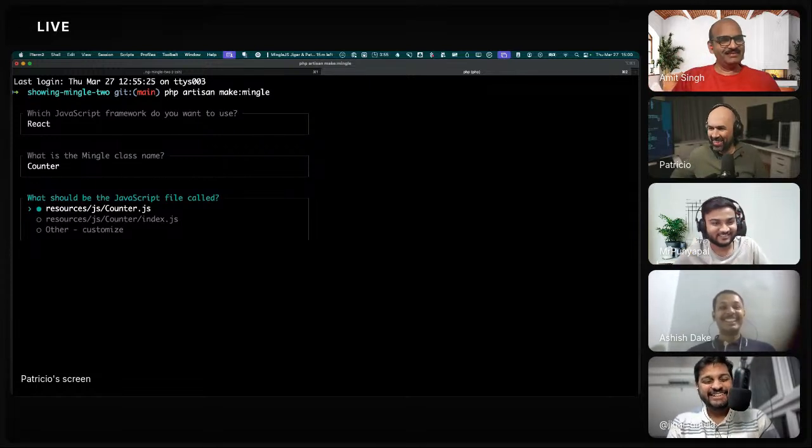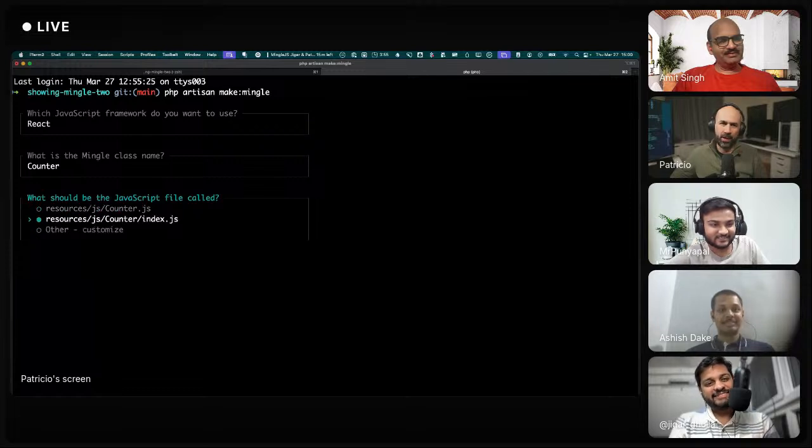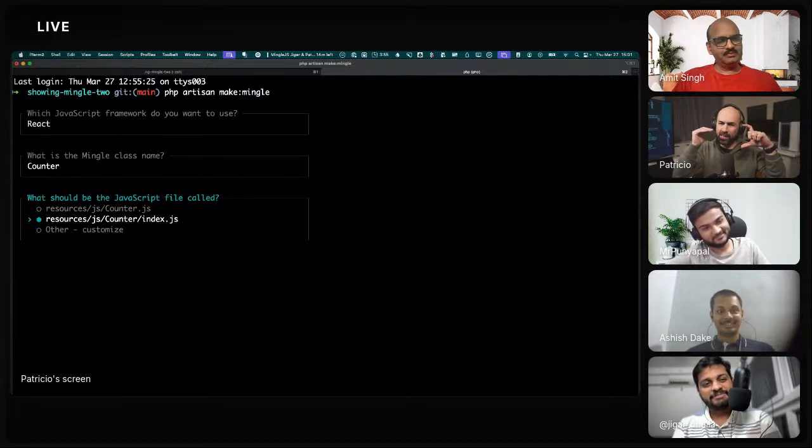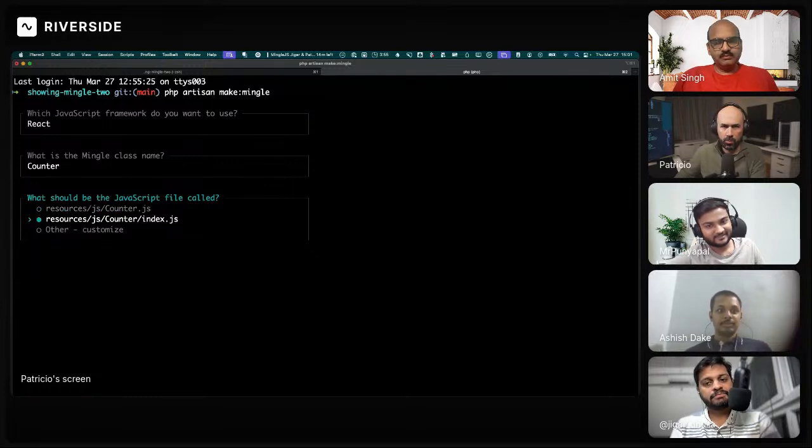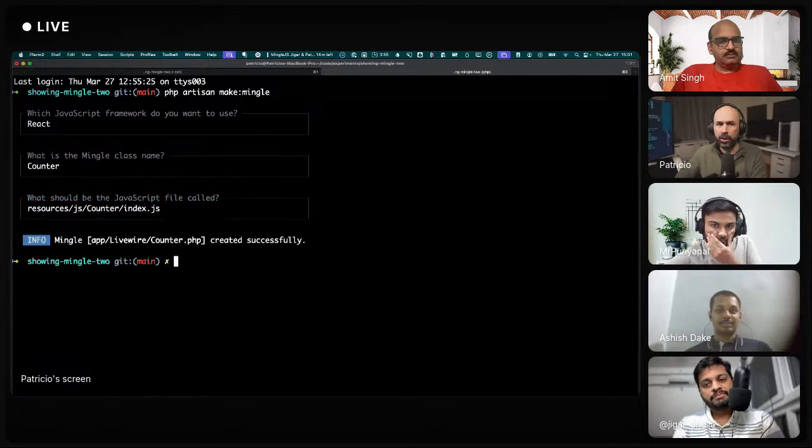Yeah. So depending on how you want to build the thing, you might want to use the JavaScript path, or you might want to make a folder and use the index in that folder, and then you will have multiple files in that folder, or you just say your taste, right? I just think it's good to do this extra mile and have everything configured for you on the 80% use case. So for my taste, I like it for the same reasons I explained in the beginning, right? To have complex code, I'll put it in a folder.